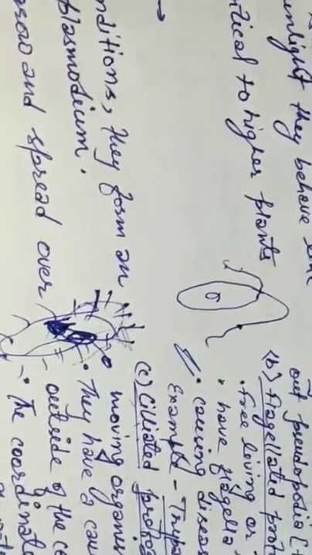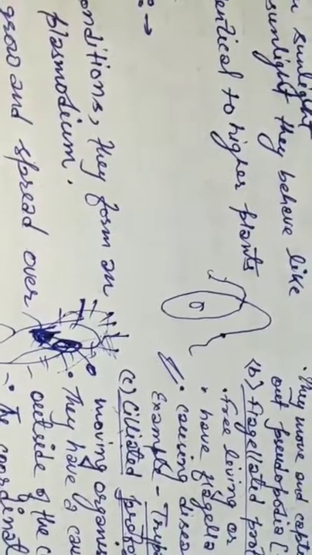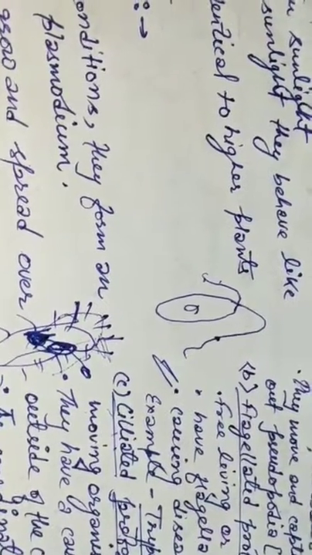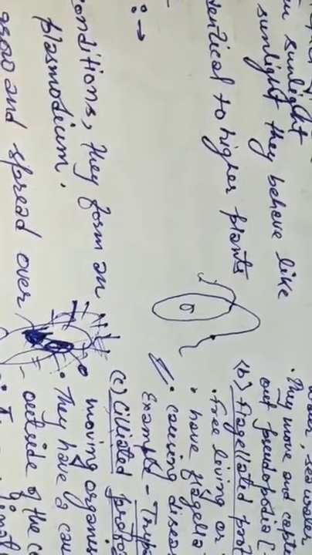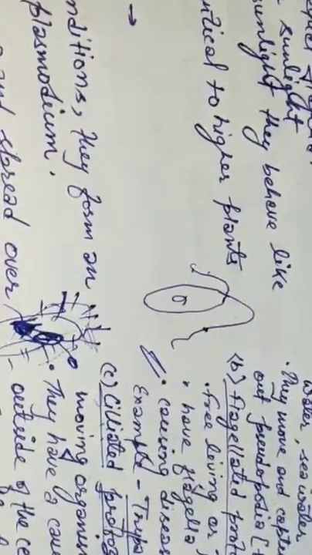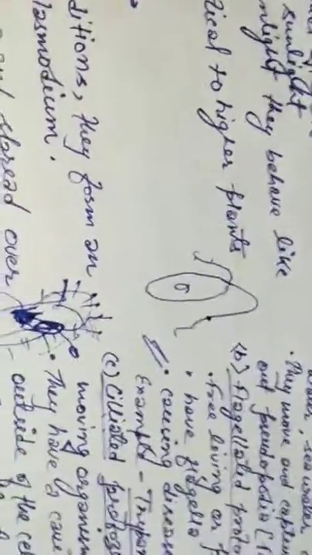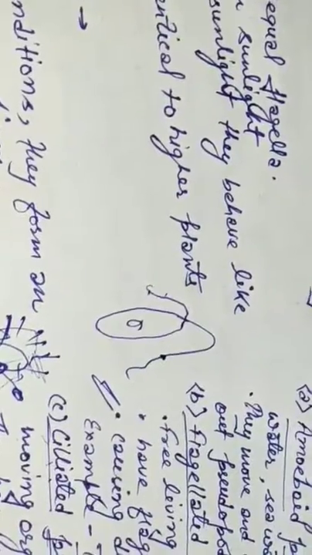So they have a cavity that opens to the outside of the cell surface, and the coordinated movement. There is a very, very beautiful movement of the row of cilia. cilia का इसका एक particular movement होता है, जिस movement की वजह से the food which is mixed in water, the water laden with food to be